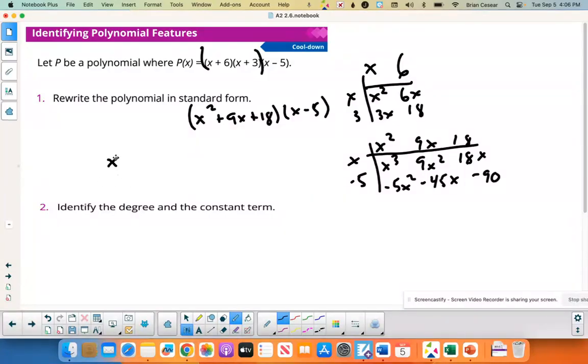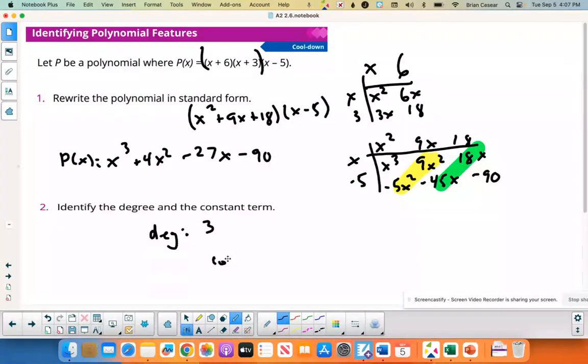Okay, so combine your like terms, x cubed, 4x squared. Again, remember where the 4x squared comes from. It comes from adding those and then combine those. I get, what's that, negative 27, I think. And then this was equal to p of x. So I want to keep it the same. The degree and the constant. So your degree is 3. Your constant